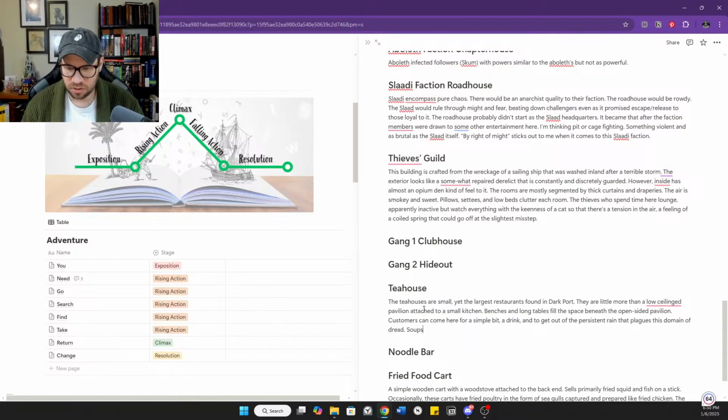Soups are commonly served here, and the air is thick with the aromas of tea and fish stew.